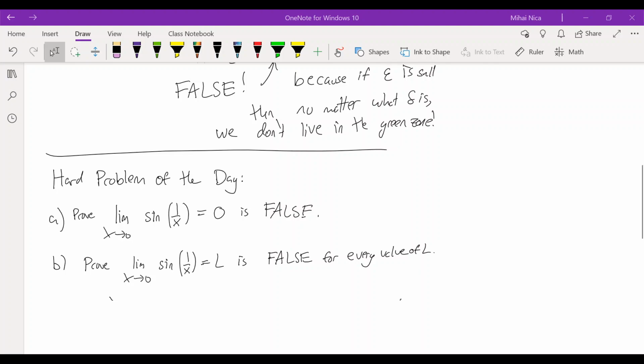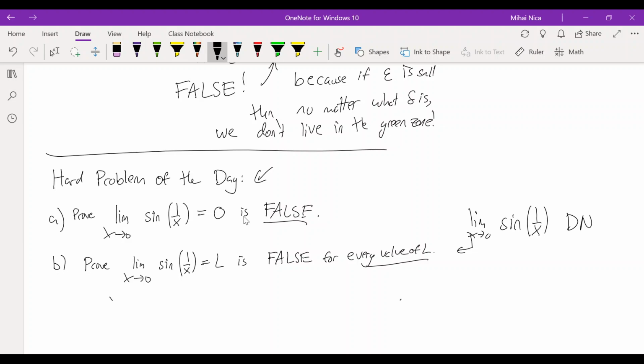Okay, so here is the solution to today's hard problem of the day, which is about the function sine of 1 over x. Part A says, prove that the limit as x goes to 0 of sine 1 over x equals 0 is false, so the limit is not equal to 0. And part B says, prove the limit equals L is false, that is false for every value of L. So the second thing really says the limit of sine 1 over x